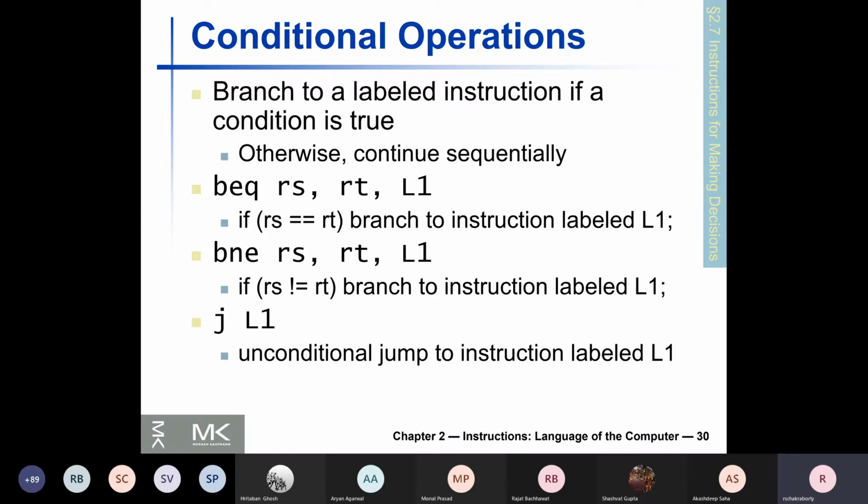And we will spend a large part of the course later on studying pipelined MIPS processor design. When we study it, you will find that the hardware pipeline is designed to expect sequential execution.